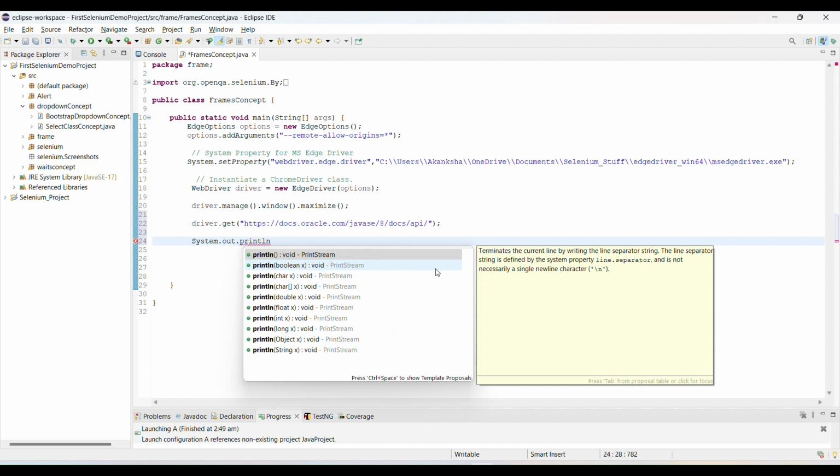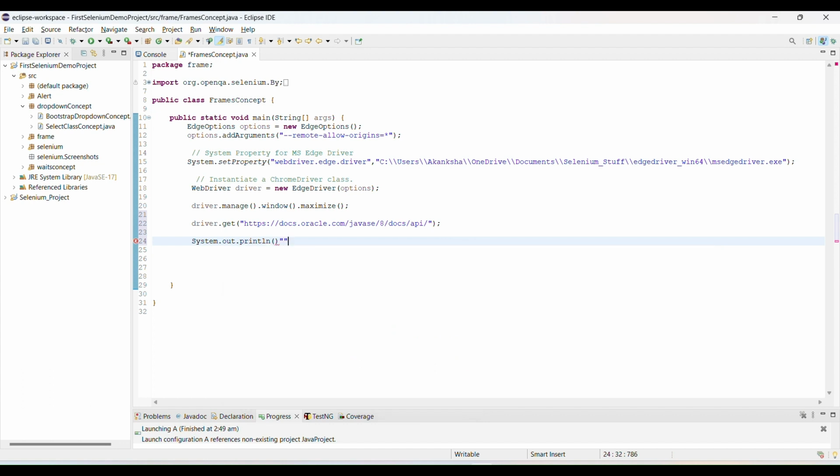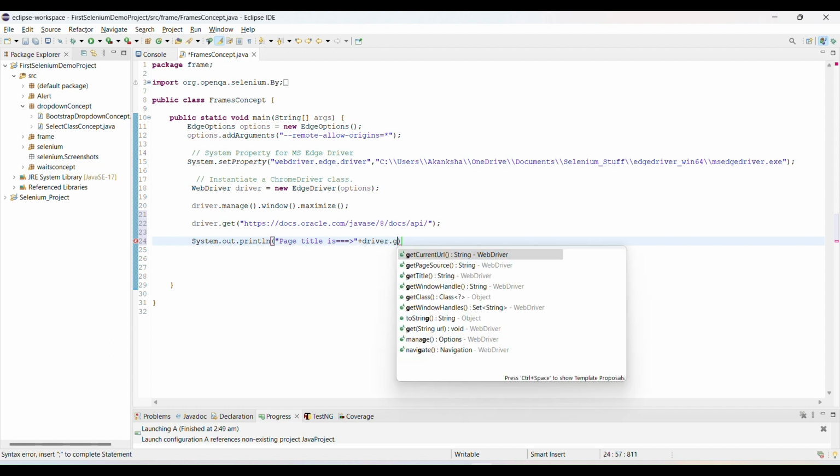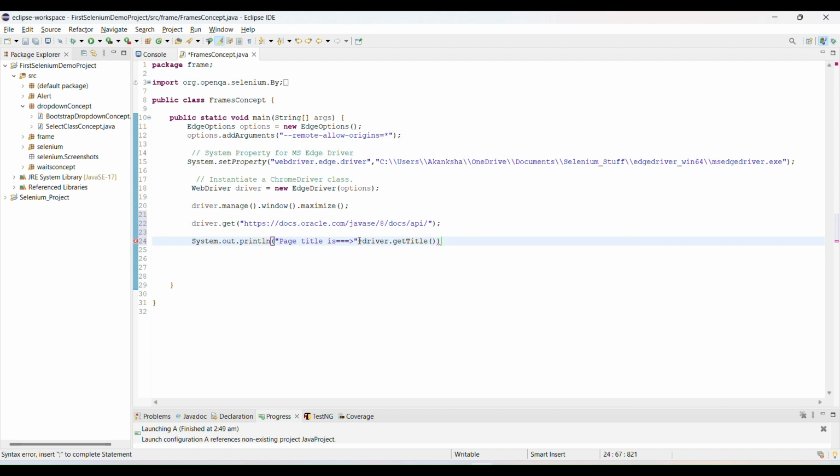Then under this, I am going to print "page title is" plus driver.getTitle. I will use this method to check the page title. For checking the page title we use the driver.getTitle method.